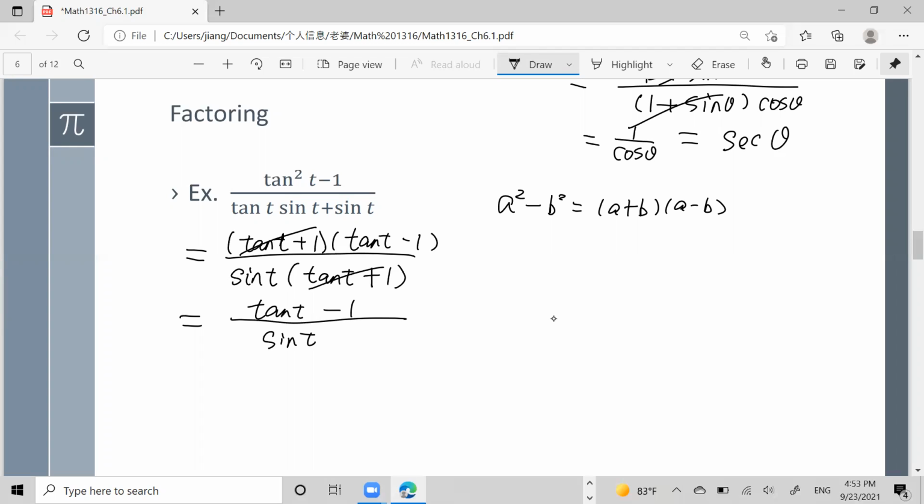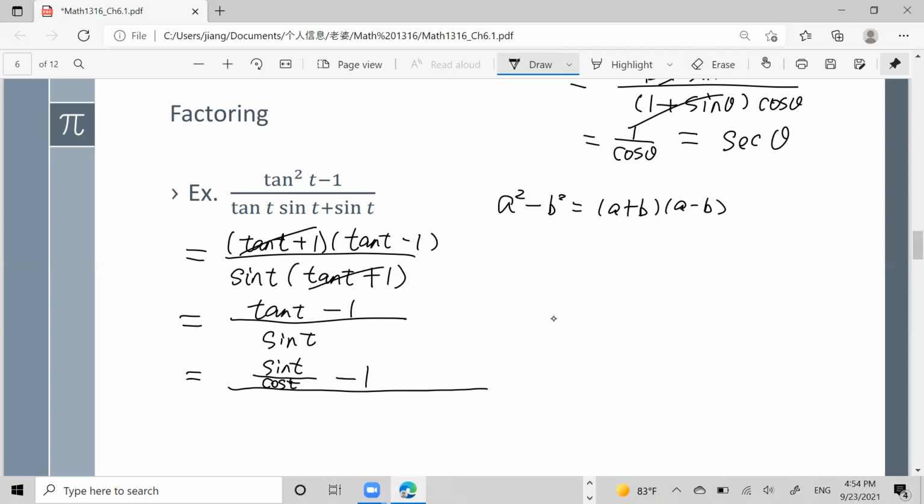We're not done because I haven't converted to cosine and sine. So tangent t equals, I need more space. Tangent t equals sine t over cosine t, minus 1,